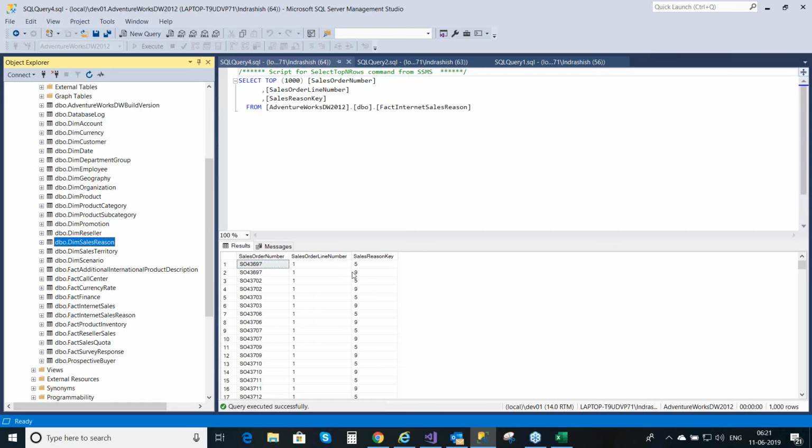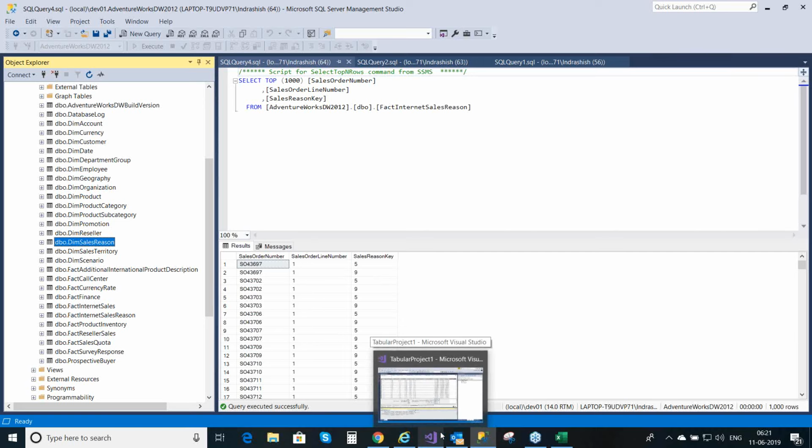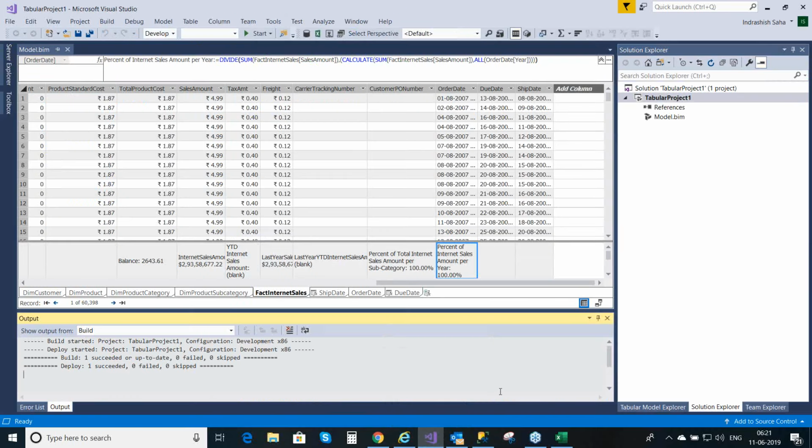So how do we set up this kind of relation in tabular SSAS? In multidimensional, we have the many-to-many relation option. It's an inherent feature in multidimensional. If you go to the dimension usage tab, you will find the many-to-many relation option there where you can set it up. Now here in Tabular, how you can do it is,